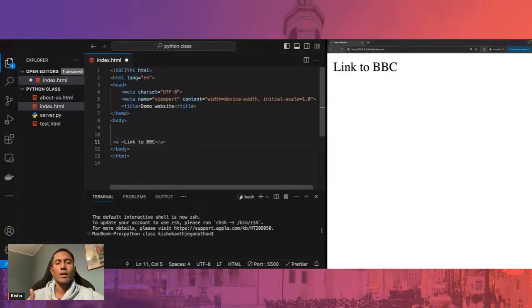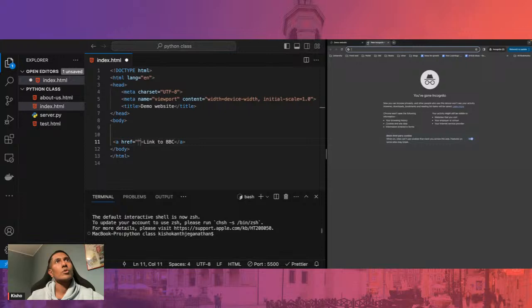So when somebody comes and clicks on this link, when somebody comes and clicks on this A tag, we should take them to this specific place, right? So how we do that is by entering something called href, right? And if we want to take a user to the BBC homepage when they click on this, what we gotta do is we gotta go and maybe